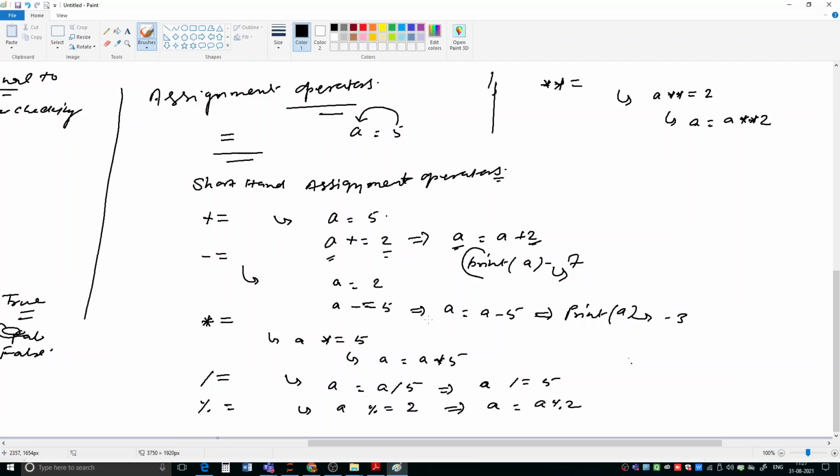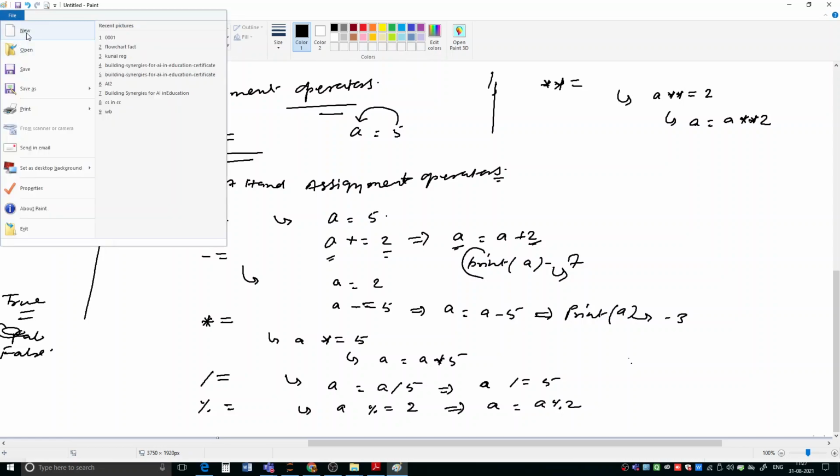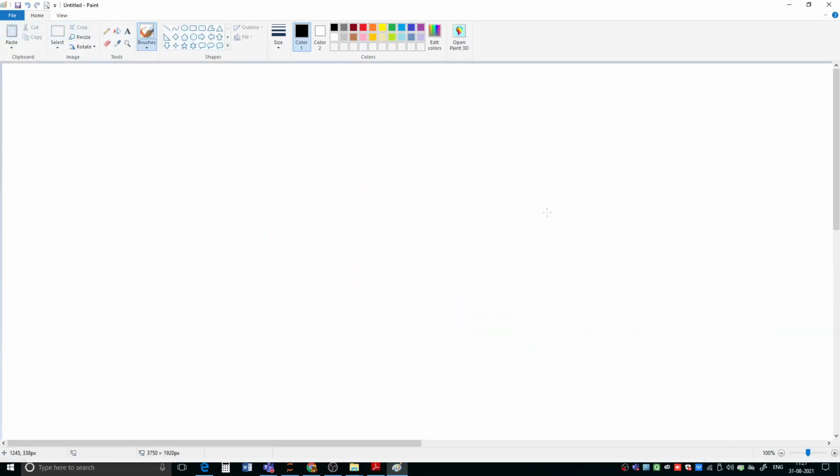assignment operators, arithmetical operators. So next let us see this one, that is called logical operators. In Boolean logic, I told you that logical operators we will be discussing once again when we start Python. So do you remember what different logical operators are?